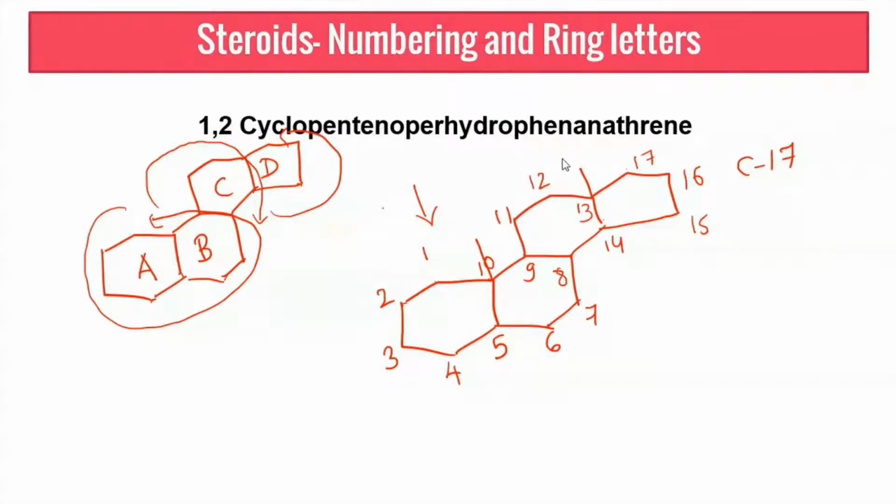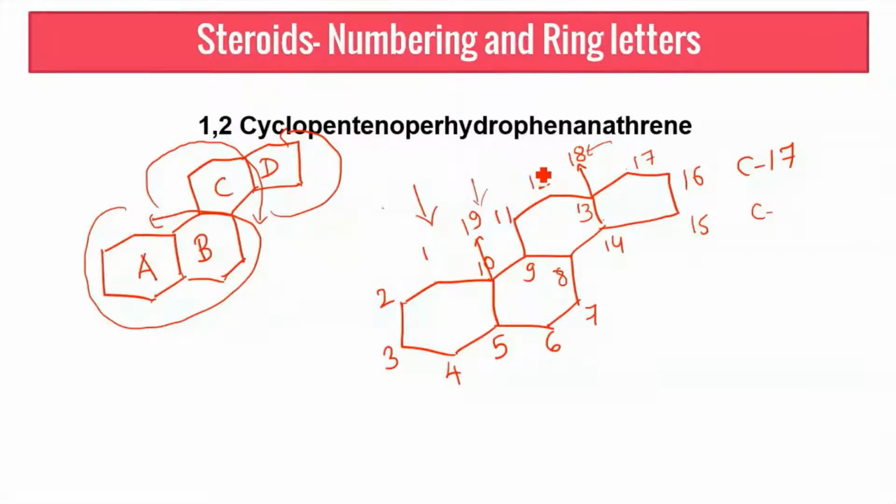What is typically done is that when I have to label these methyls, they are considered part of that ring for counting the number of carbons, where you consider this methyl as 18 and this methyl as the 19th carbon. So in the basic steroid scaffold, I have C17 carbons, and some steroids may have C18 or C19. 18 is the carbon which follows 17. It is 18 here next to 17, and then 19.